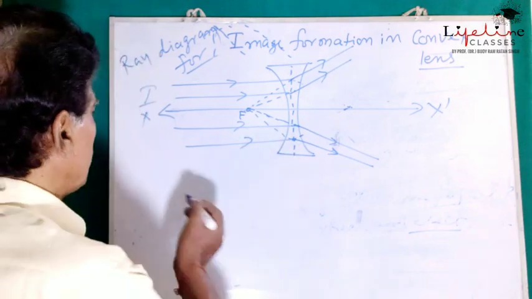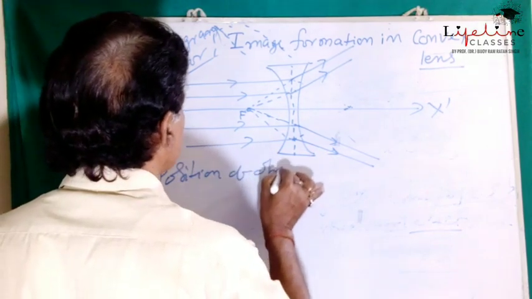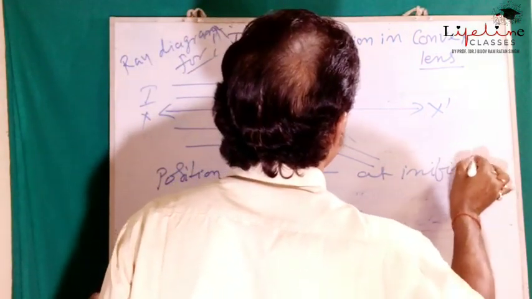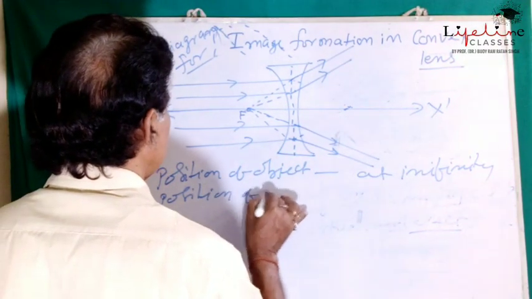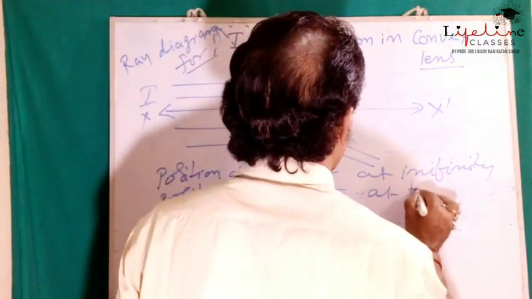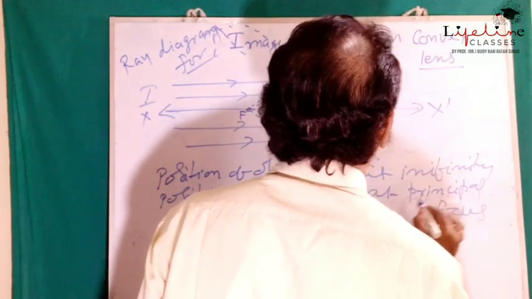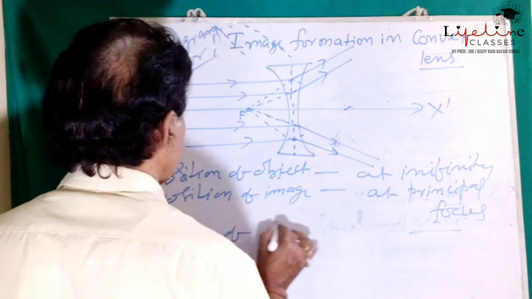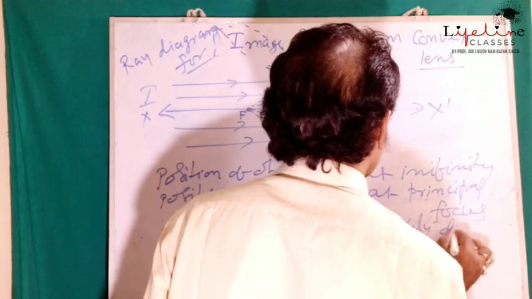Means what is the position of object? Position of object at infinity, position of image where? At principal focus, at principal focus. Now size of image highly diminished,